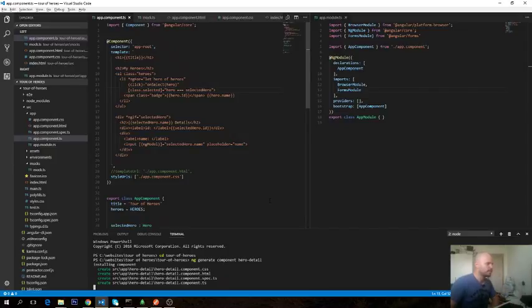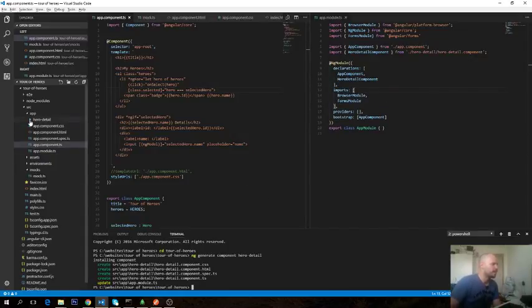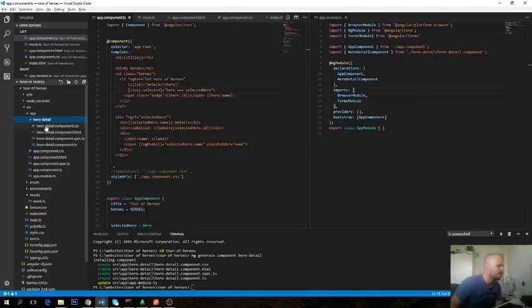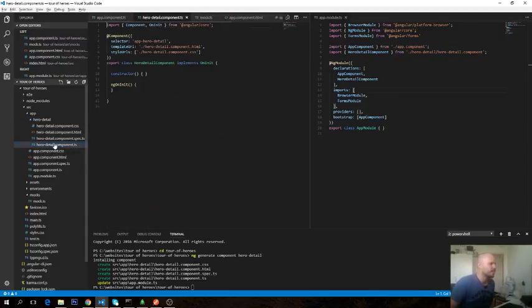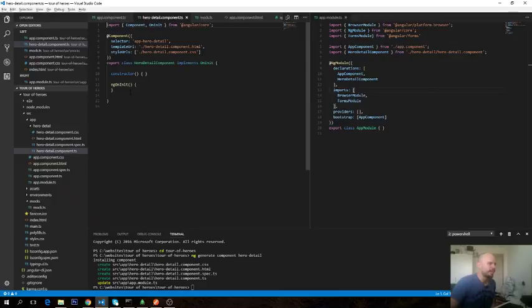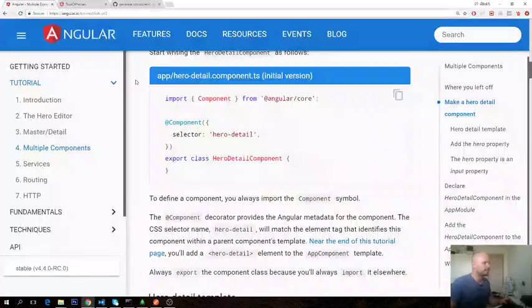And sure enough, you'll see that they created a folder named hero detail with all the stuff, and that's cool, right? I must tell you that that's really cool. Although they call it app hero detail, I don't know if I like that. Now, hero detail is enough. Hero detail, that's cool. Anyway,